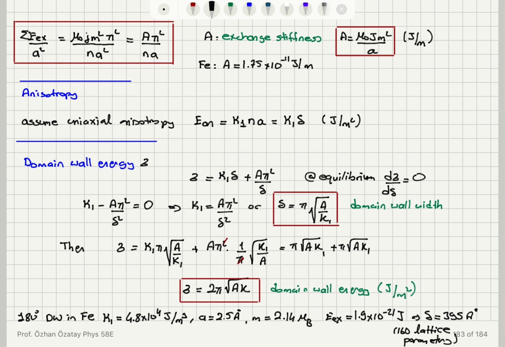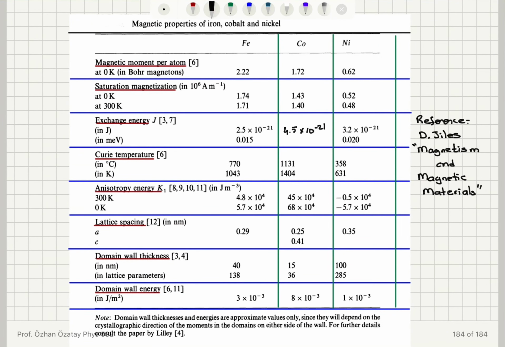The total domain wall energy is minimized with respect to the domain wall width, and we find that the domain wall width is pi square root A over K1 for a 180-degree domain wall, and the domain wall energy per area is 2 pi square root AK1. So you can explicitly see that as the exchange stiffness increases, domain wall width increases. As anisotropy increases, domain wall width decreases. So we have typical numbers for iron here, and here is a more comprehensive list of magnetic properties of iron, cobalt,